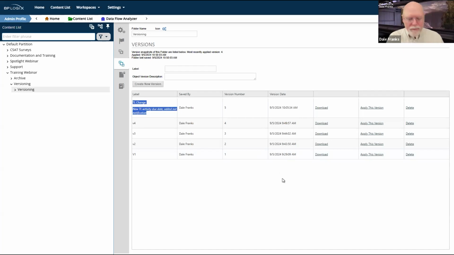On dev, you should be versioning every time you make a major change or a major set of changes. Usually you have some sort of change request process, and every time you complete a change request, you should probably version it. And ultimately you should create one immediately before export. You export, you go to your production server, you import, and then you immediately version on the production server as well.